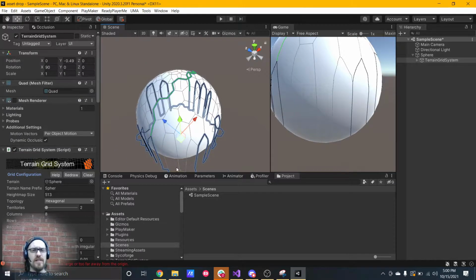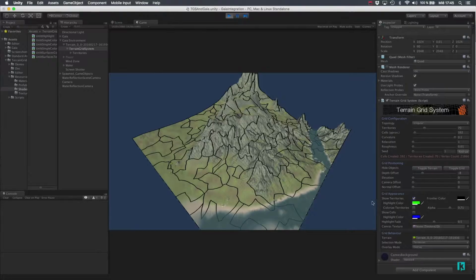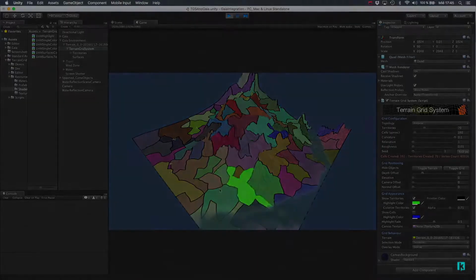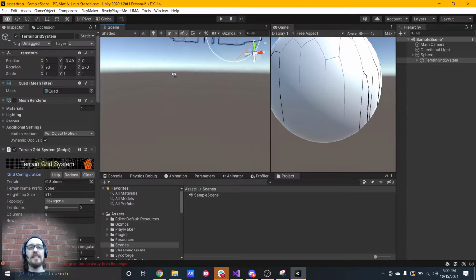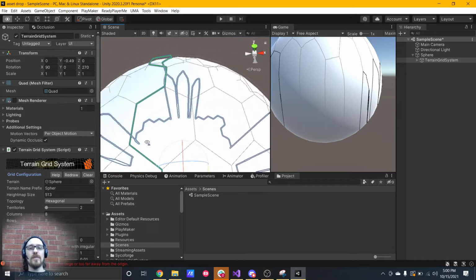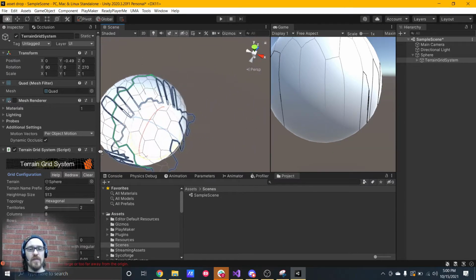All right, so I went back and watched some videos because I swore I saw them do this on a sphere, but apparently you can't. You can project it onto any 3D object, but it doesn't look like you can actually put it all the way around the sphere. You can see how it's kind of projecting and detecting the normals and where it should be. So yeah, you can't cover an entire sphere